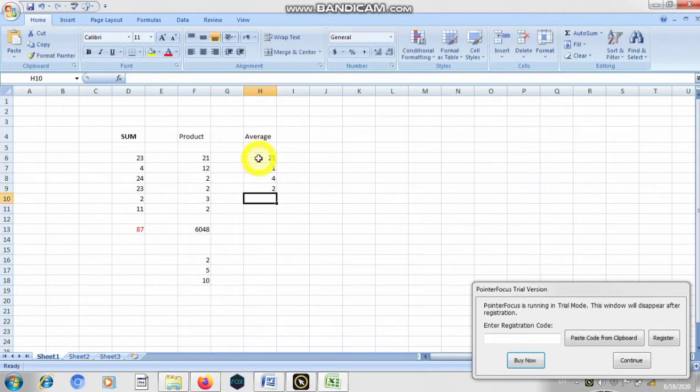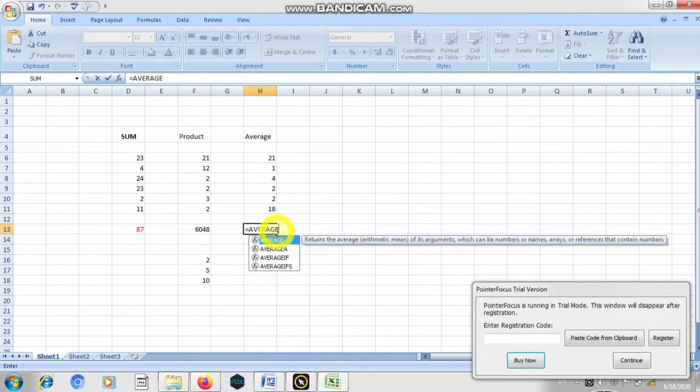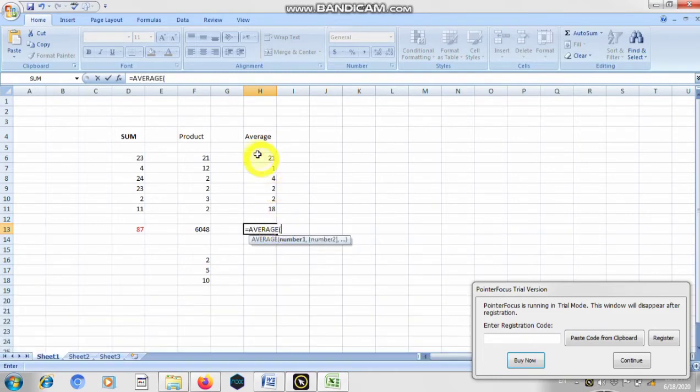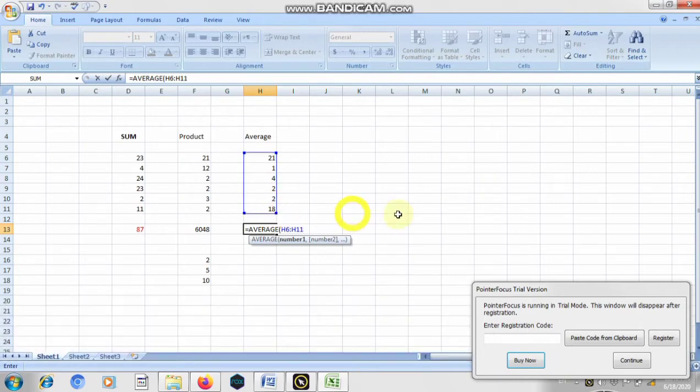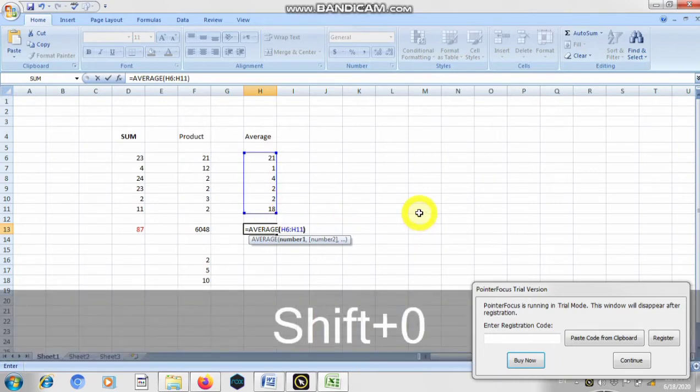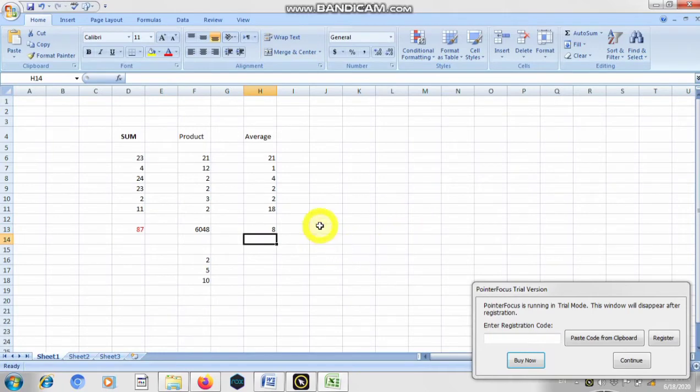To calculate the average, insert the equal sign, the function average, open the bracket, click on the first cell, drag it down, and close the bracket. It will automatically calculate the average of the numbers 1 2 3 4 5 6.